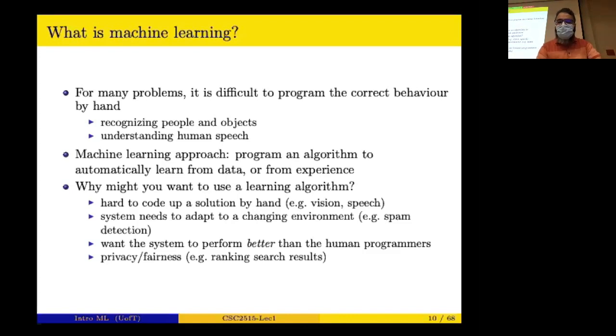Is experience different from data? That's another question. Maybe to some extent, or maybe the emphasis would be a bit different. They're almost the same, but not all data is in the form of experience. When I use experience, which is not a common terminology, this basically means that there is an agent interacting with the environment, observing, taking actions. That sequence of observations and actions is more like an experience.